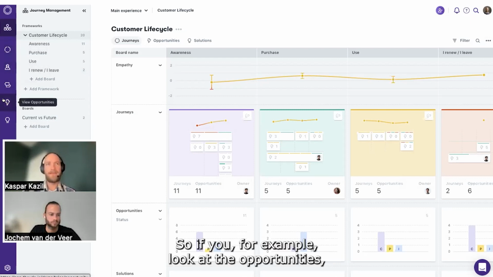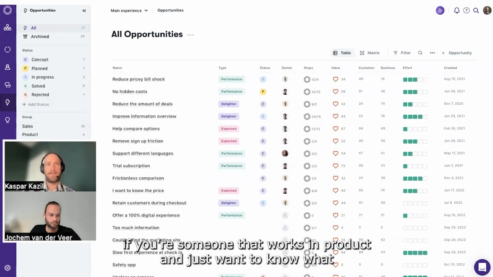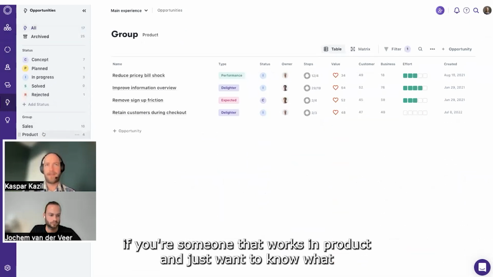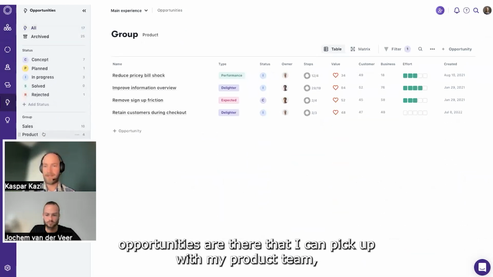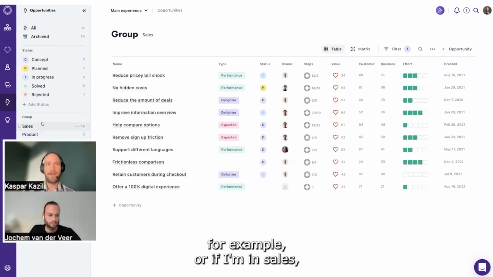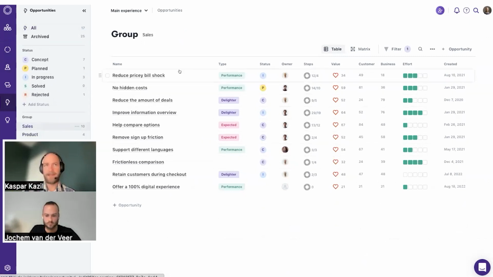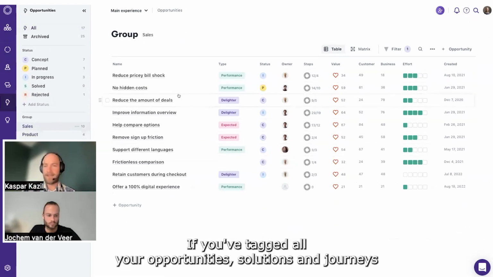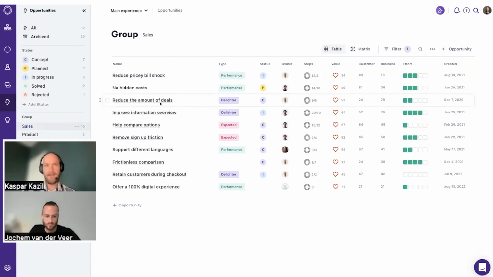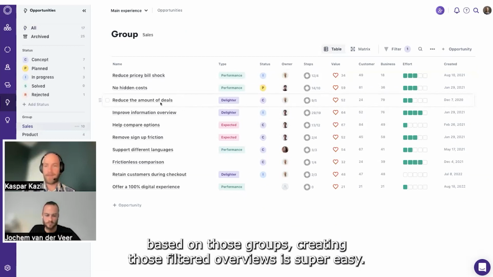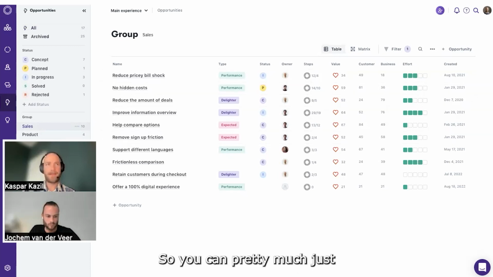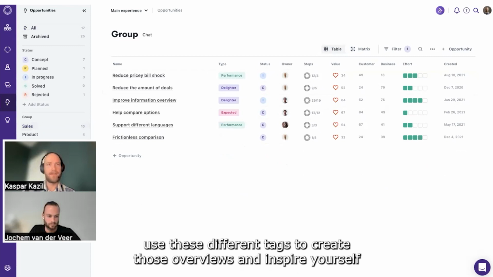So if you, for example, look at the opportunities, if you're someone that works in product and you just want to know, hey, what opportunities are there that I can pick up with my product team, for example, or if I'm in sales, what could we improve in the sales pipeline? If you've tagged all your opportunities, solutions, and journeys based on those groups, creating those filtered overviews is super easy. So you can pretty much just use these different tags to create those overviews and inspire